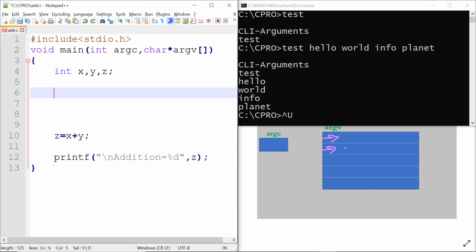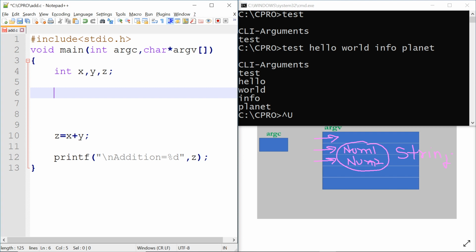The second string is our first number for addition, and the third string is our second number. But the important thing is these two numbers will be stored as strings in memory. We will have to first convert both strings into integers, and then we can perform the addition.